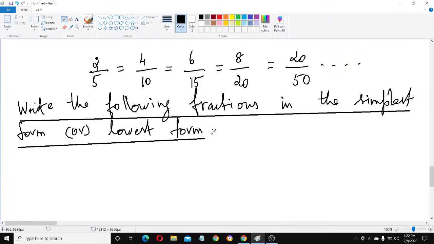How do we write in simplest form? Now I will explain some problems. For example,